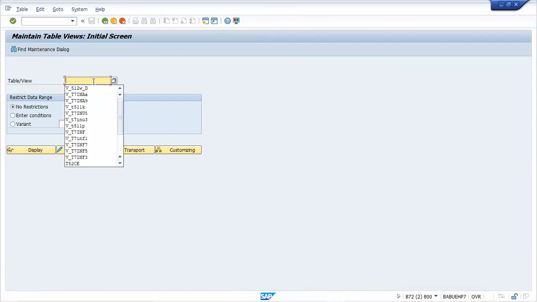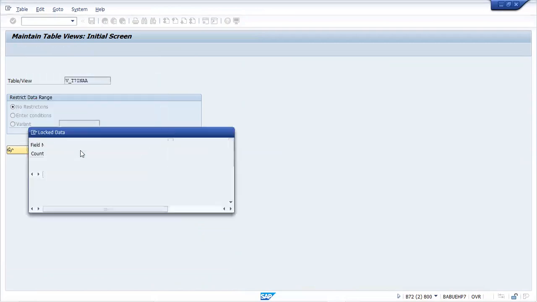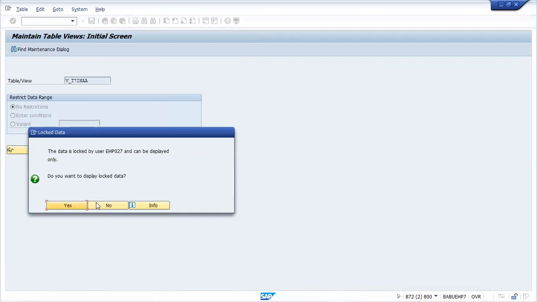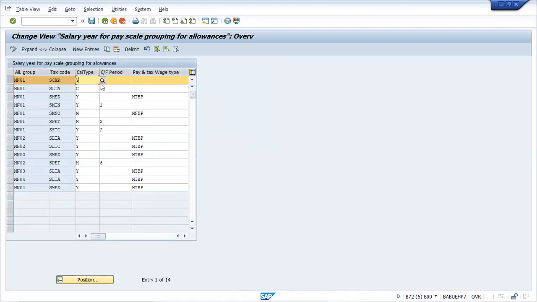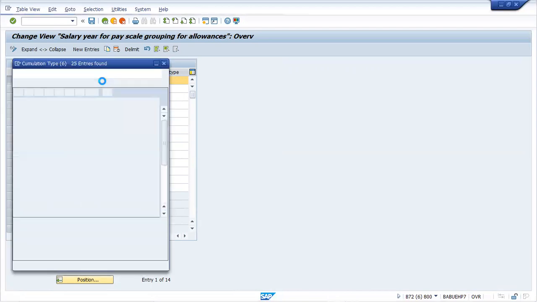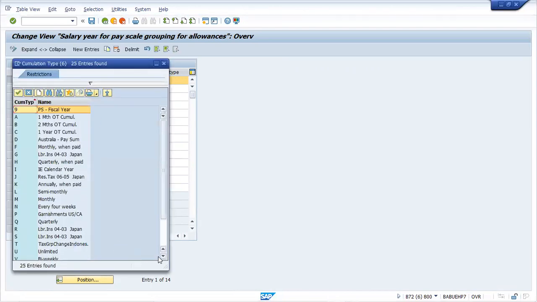Go back, not this one, this one, right? I think it is already open in another window. Here it is, Y, C. Yes, so this is the same thing.